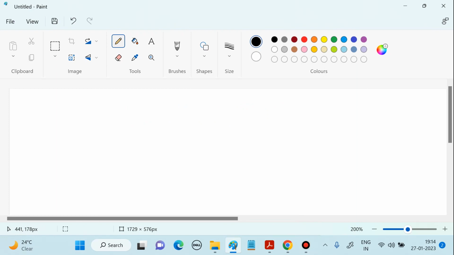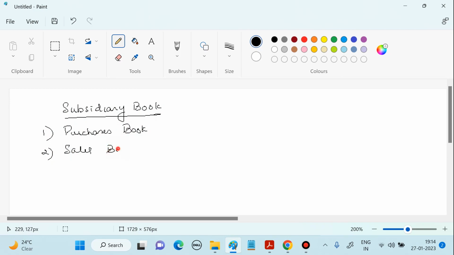Okay, so today we will be revising the special purpose books, the other subsidiary books. That is where we are going to learn about the subsidiary books which are maintained other than the cash book. So what are the other subsidiary books which are maintained other than cash book? Can you name them? Purchase return, sales return. Very good. So there is purchases book, there is sales book, there is